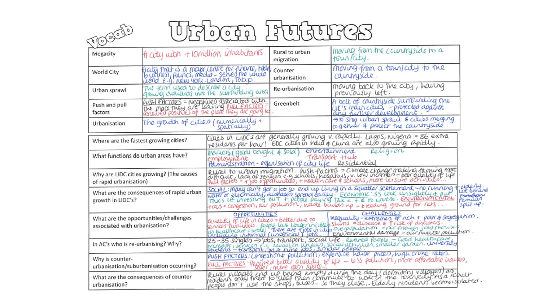What are the consequences of this rapid urban growth for LIDCs? So you can break this down into social, economic and environmental consequences. Socially, so when they arrive, these migrants, most of them can't get a job, so they end up living in a squatter settlement, and these squatter settlements have no running water, there's no electricity, diseases therefore spread very easily through the squatter settlements. People are living cramped, 6 or 7 sharing a mattress on the floor of a room.